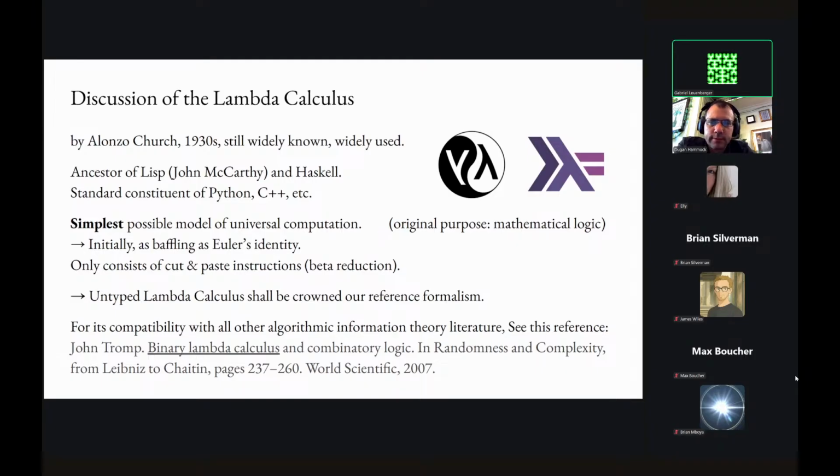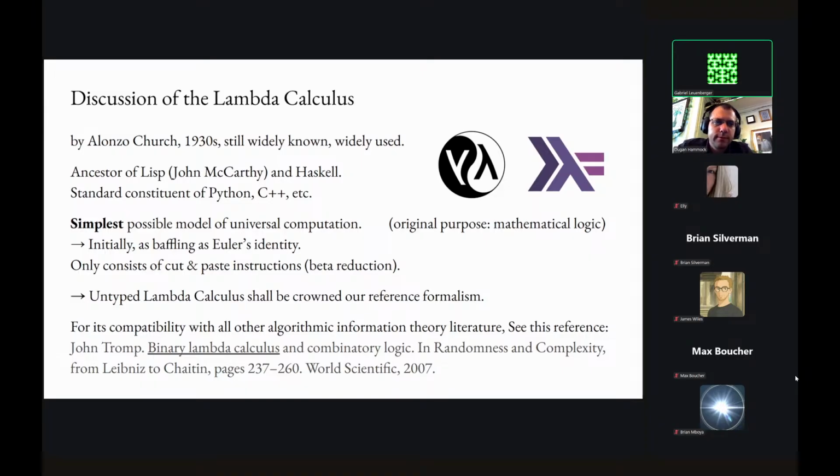So lambda calculus has the advantage also of, well, it's widely known, it's practical, it's expressive, it's simple, and so on and so forth. So why to base it on lambda calculus is kind of a long list of arguments, right? Comparing it to various other reference models, reference formalisms. And there's another thing to be said also.